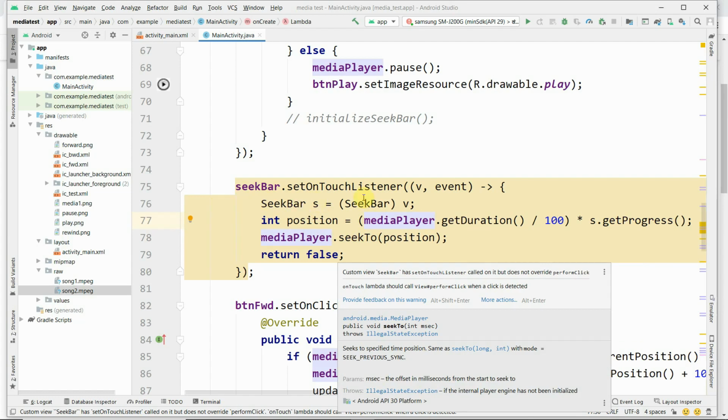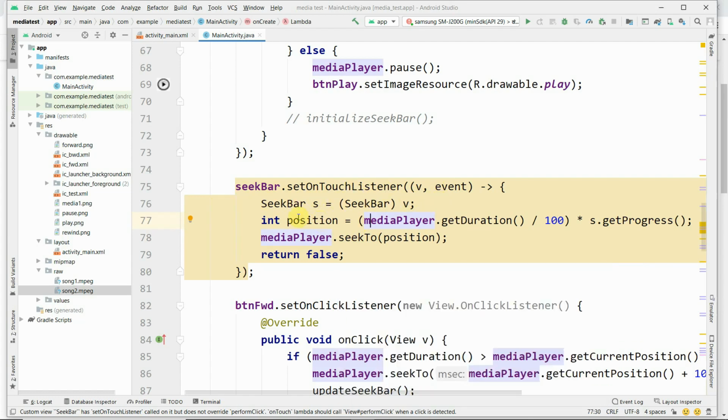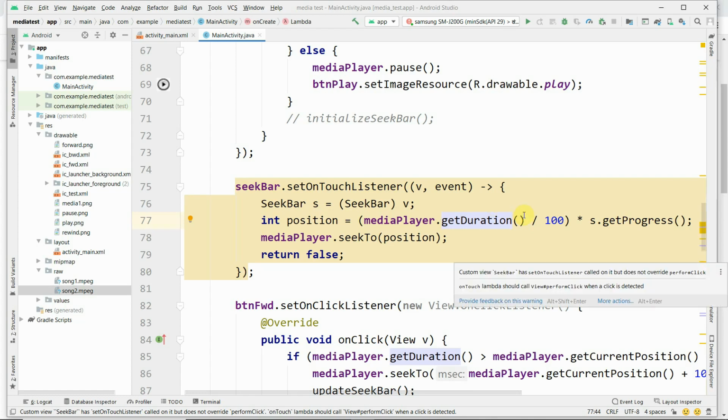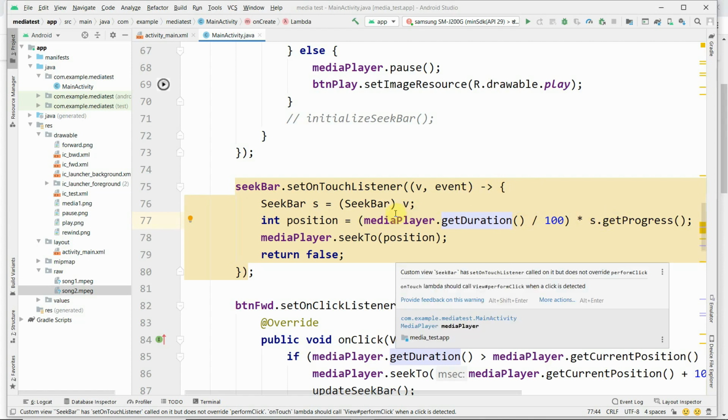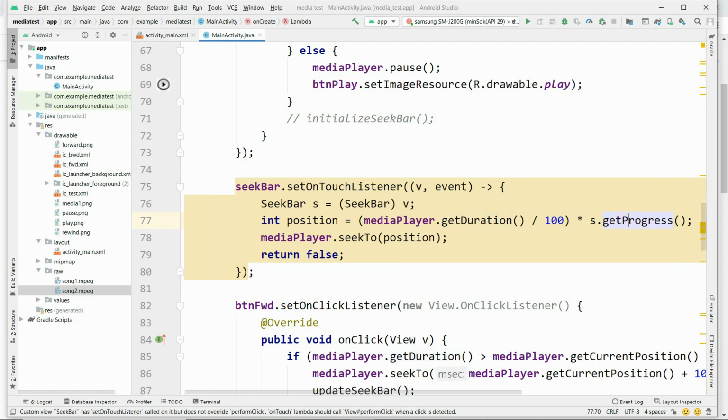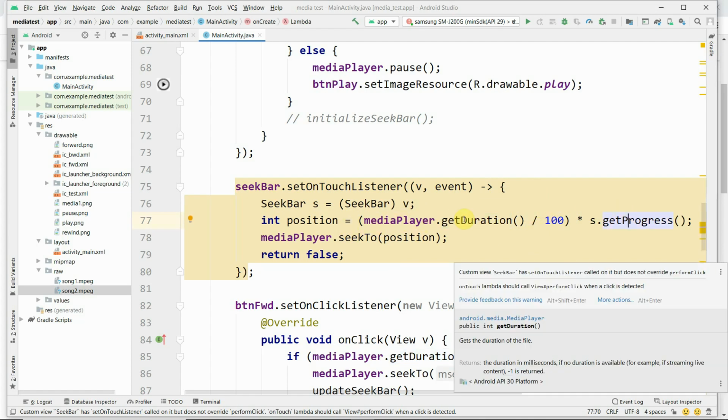The seek bar has to move forward. To move the seek bar forward, if it is moved in terms of milliseconds, then it cannot be observed, therefore divide by 100, and then the progress of the seek bar is returned and multiplied with mediaPlayer.getDuration.